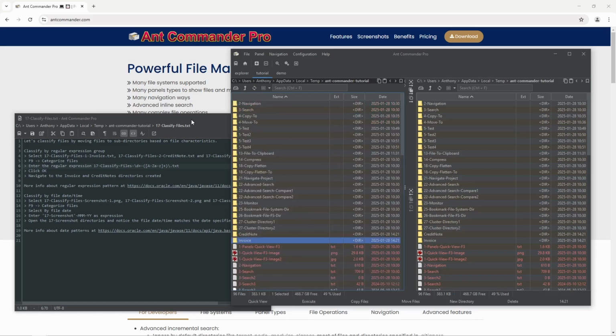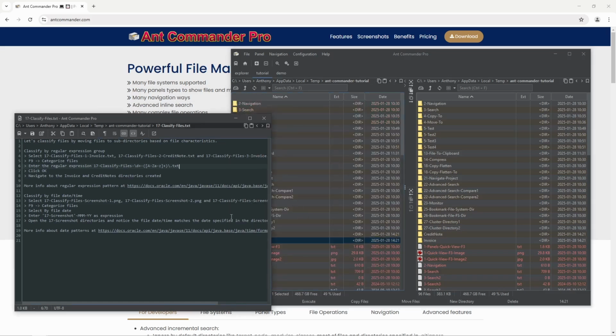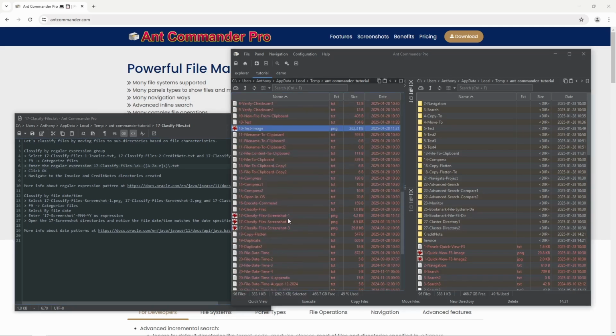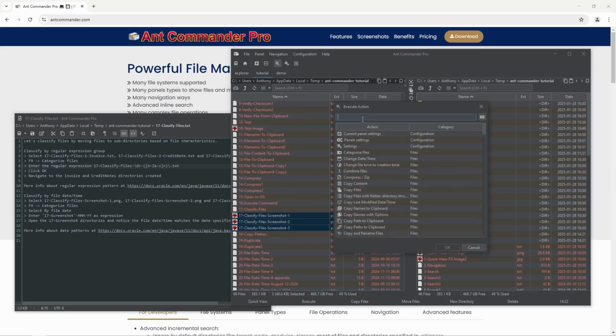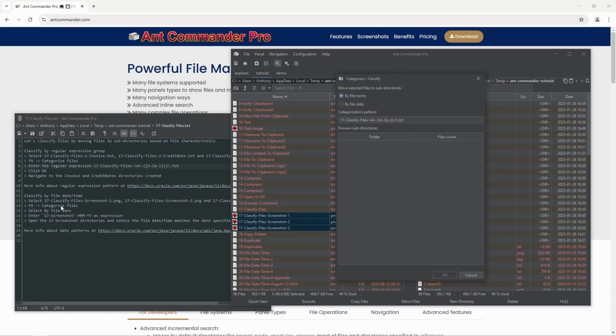And you can also do it not only by using the name and some regular expression, but we can also do it by date. So in this case I'm going to choose 3 images, and then same thing, just open there, use categorize files. Now in this case we need to choose select by file date, so let's use file date. Just pressing escape to remove it, and then like quote, let me check, quote